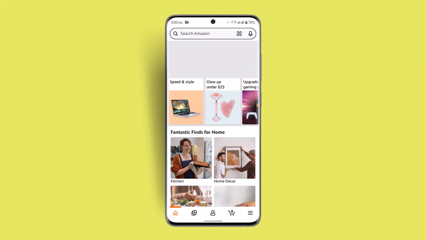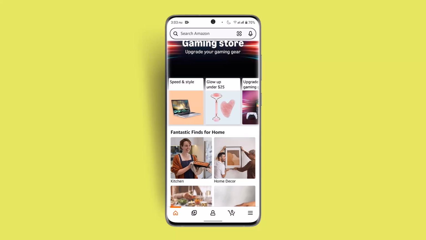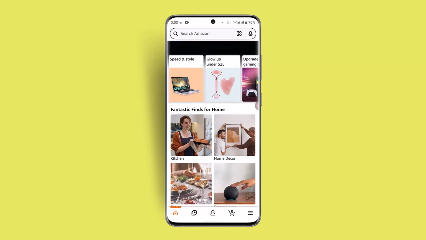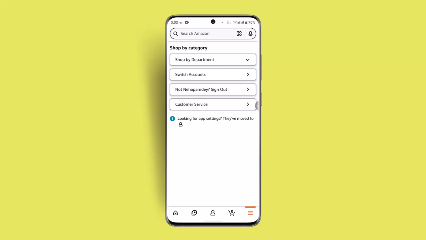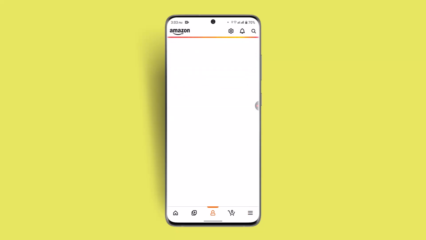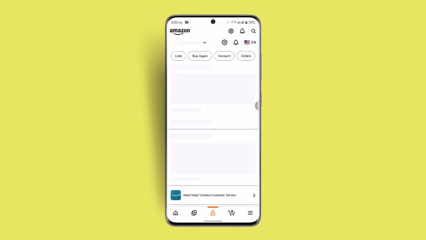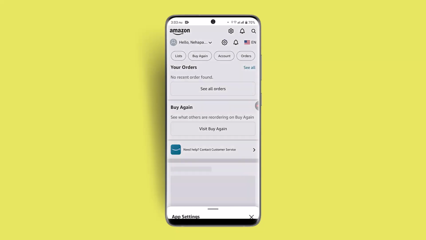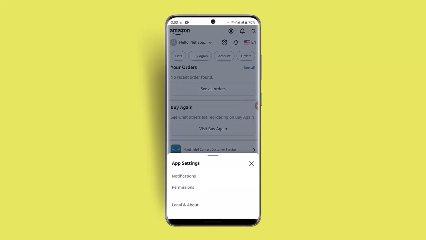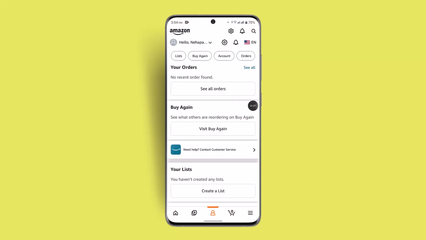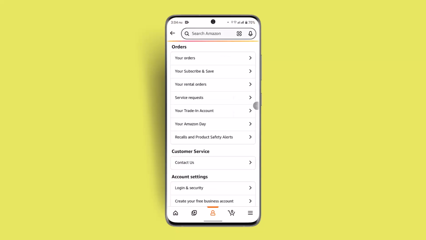Now, in order to verify your Amazon account on the shopping app, you'll likely need to enable two-step verification, which involves receiving a code via a message or an authenticator app in addition to your password. So in order to do it, you want to log in and go to the tray bar icon at the bottom right hand side. Then go to your profile from the bottom of the page. Once you go to settings, here you want to click on the gear icon. While you're on this page, you want to click on the account from the top of the page,